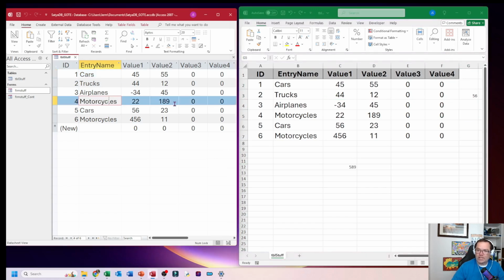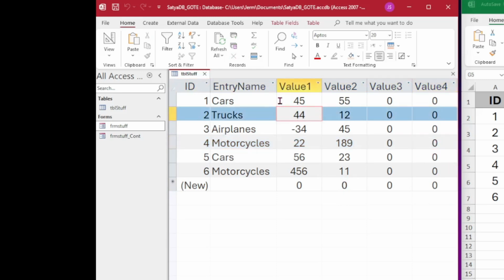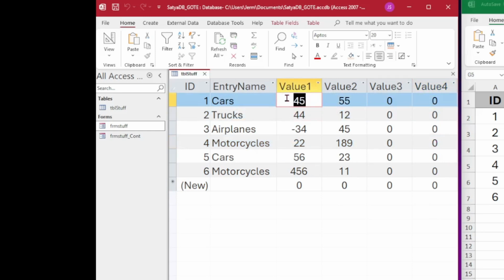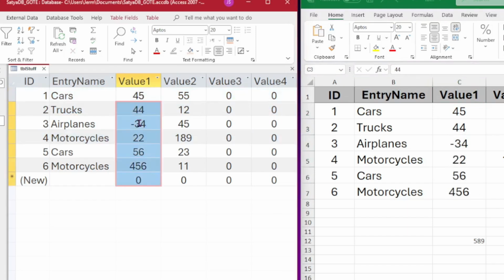Now in Access, the basic unit of work is a record. A record is an entire row. So in Access, I can't drag and select a column like I can in Excel, because in Excel, this is a range. Excel really doesn't care what you're doing. It's kind of a blank slate. In Access, these are independent records. So I can't just drag